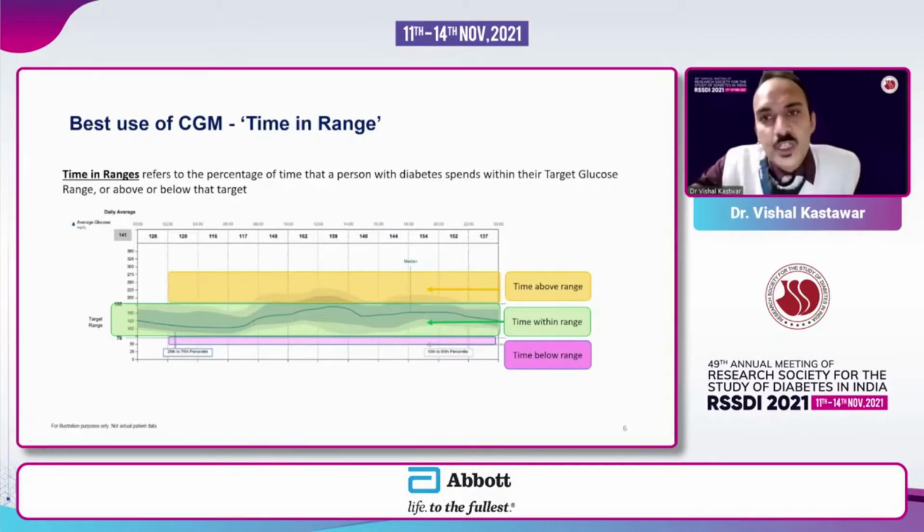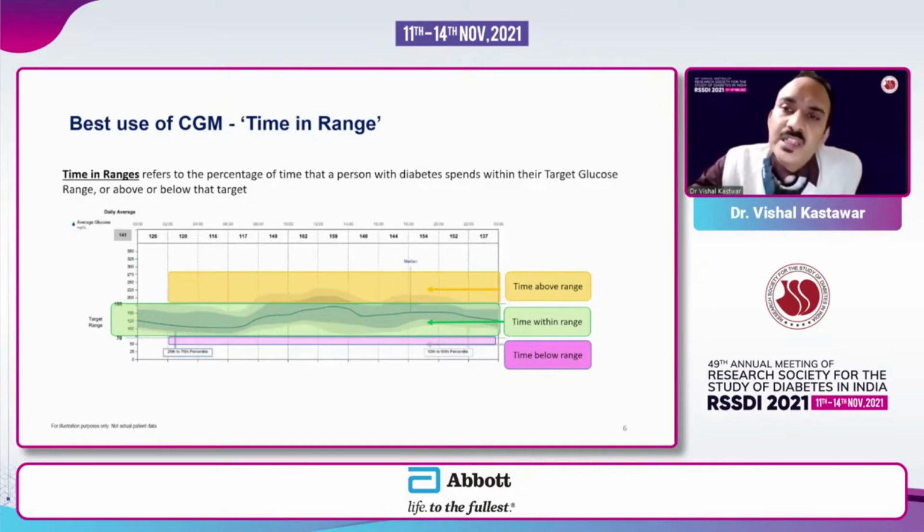The duration of time for which the glucose levels are below 70 milligram per deciliter, on a daily basis, or for the past 7 days, or for the past 14 days of the sensor wearing period, is time below range. And when the glucose levels are more than 180 milligram per deciliter, it is time above range. From 180 milligram per deciliter, you can have it till 600, 650 milligram per deciliter or till infinity.